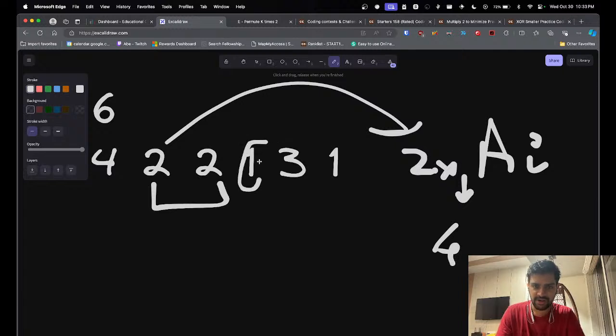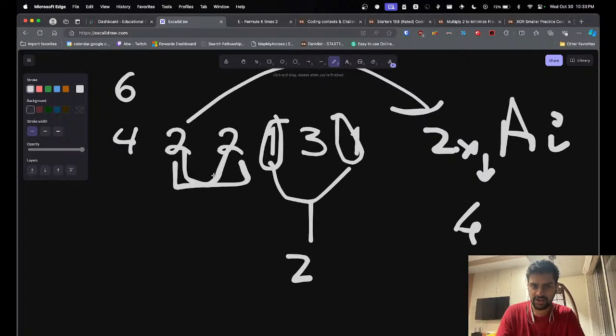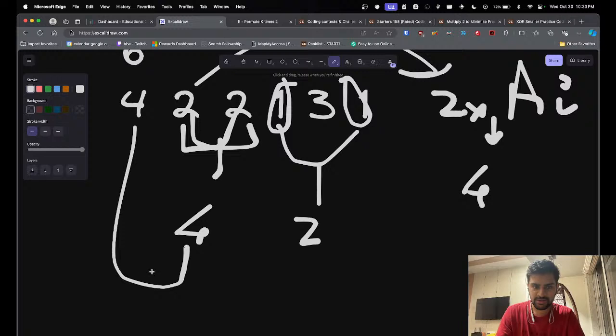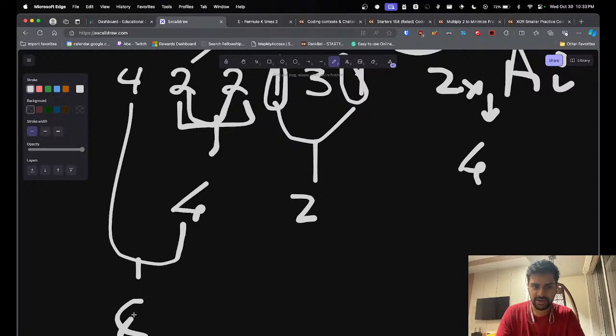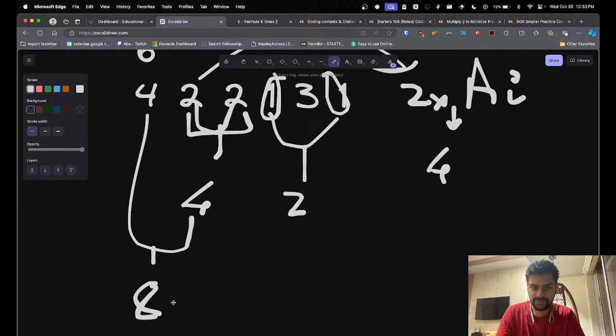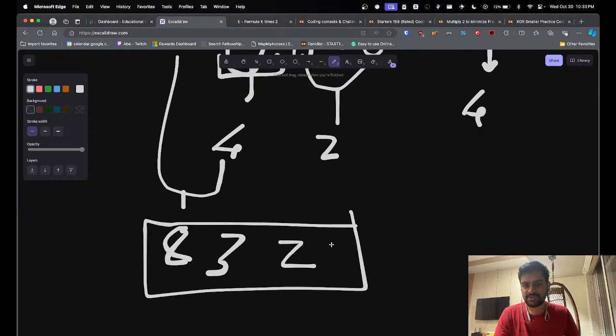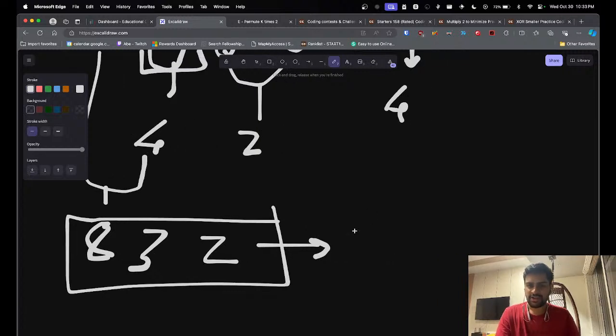Same goes for these. 1 and 1 I'll combine and make a 2. 2 and 2 I'll combine and make a 4. Now 4 and 4 I'll combine and make an 8. The numbers I'm left with are 8, 3, 2. Okay, now I can't do any operations, right? So this is my final array and my f of A